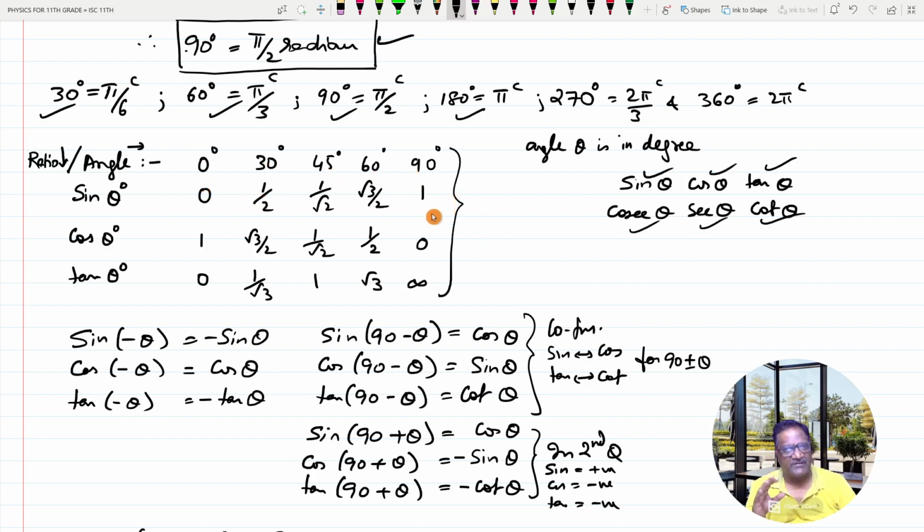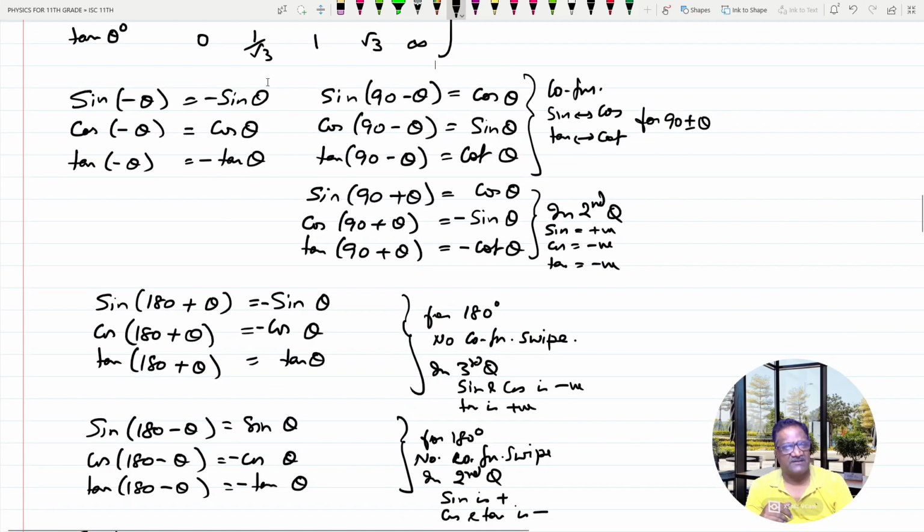There is a way of remembering this particular table, but that I will discuss when we are dealing with the subject mathematics. Okay. So this is something which is very handy when you are doing your physics. Apart from this, in trigonometry, you have these things that you should also